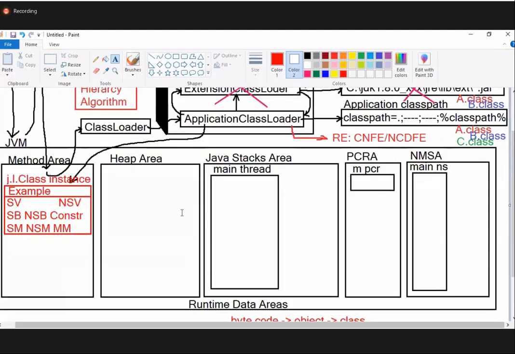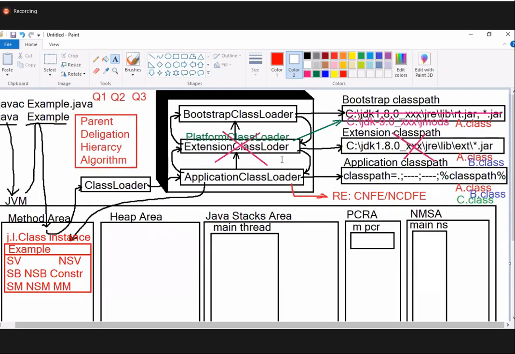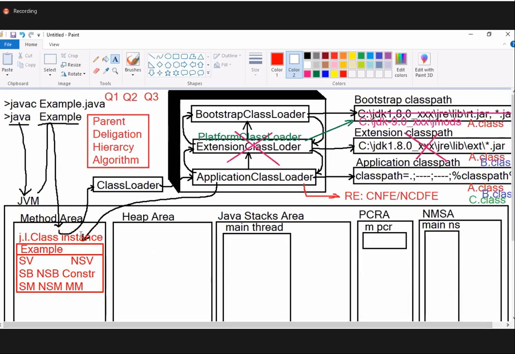Now I want you to tell me all the points with step numbers quickly. Are you ready? What is our target? I want to store the class bytecode inside the JVM. Finally, the class bytecode came into the JVM and is stored inside the JVM. And now, sir, why didn't you write inner class? Hey, inner class is not part of the outer class. After compilation, the inner class dot class